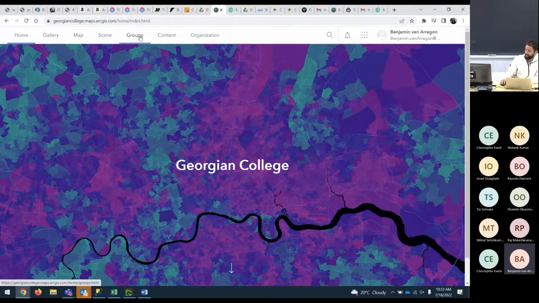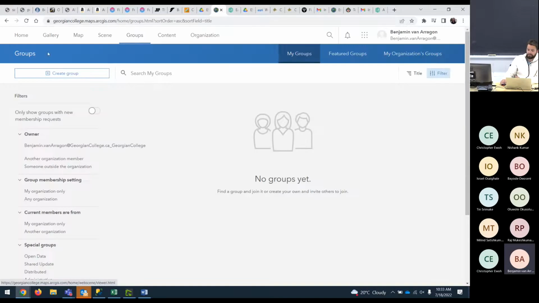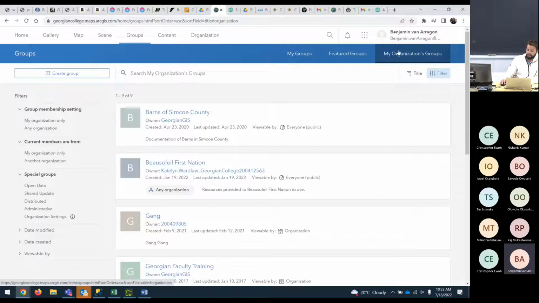Then we have Groups. Now, Groups is going to show you, we have no groups yet, but if you were to do some collaboration, you could create a new group here, and then you could add people to your group. Or you can go over here and you can see My Organization's Groups. And this is where it's kind of interesting, Georgian College as a domain has been given access to ArcGIS, and we're not the only users here. So we have the big data program, but there's also the environmental program that has access. And so we can see